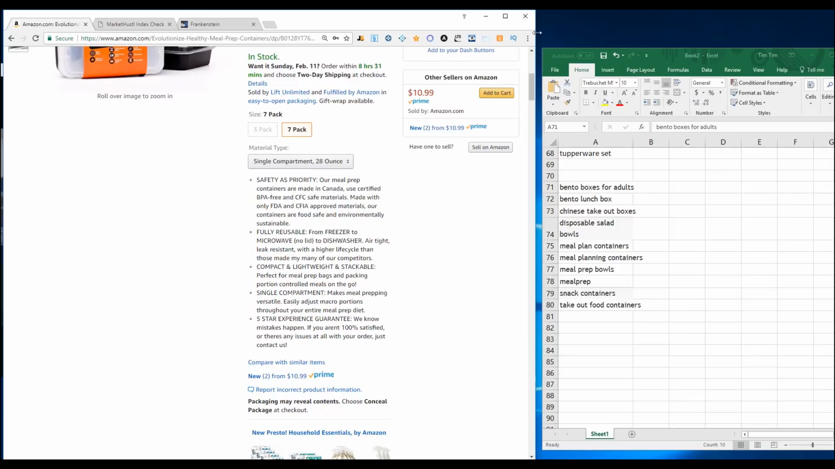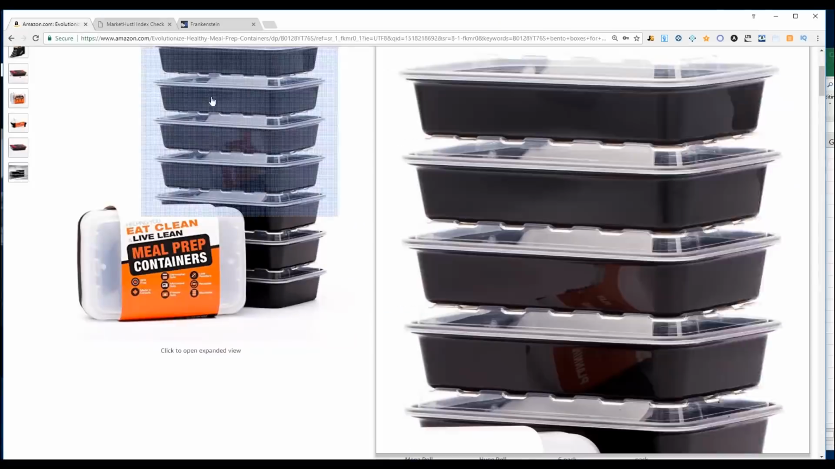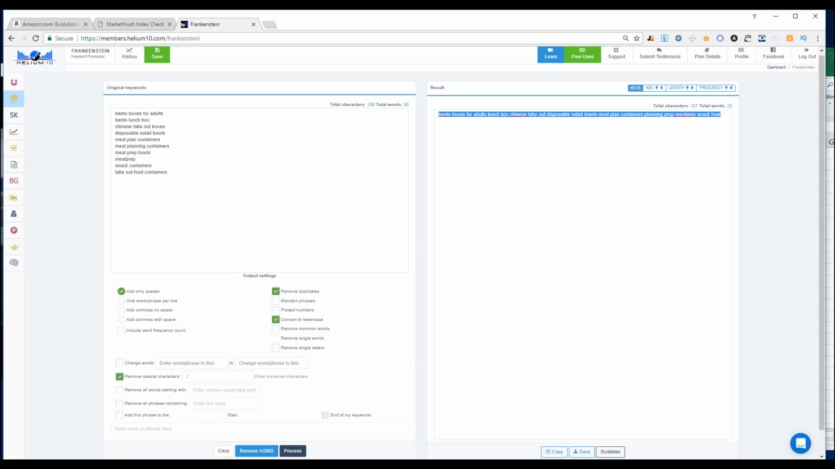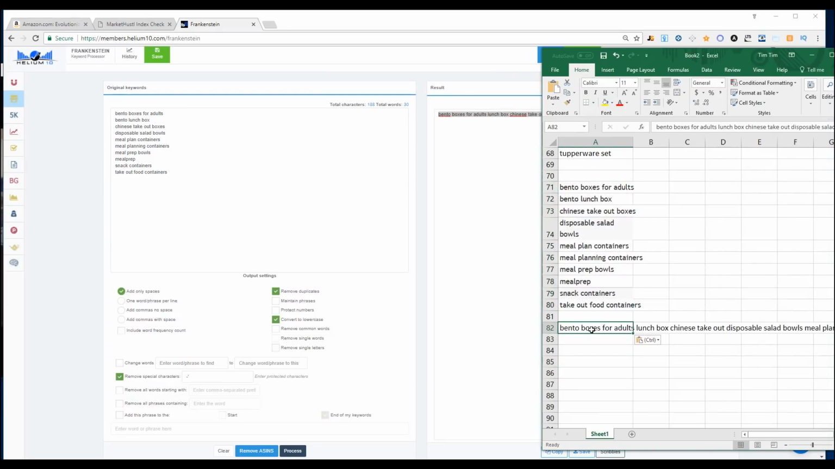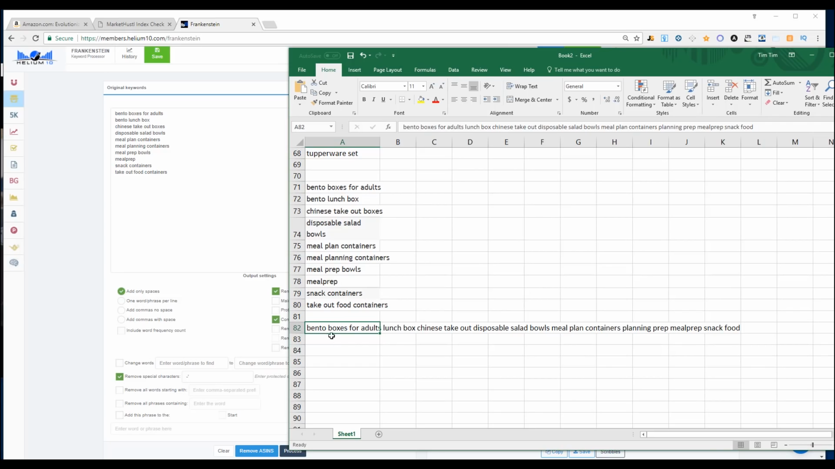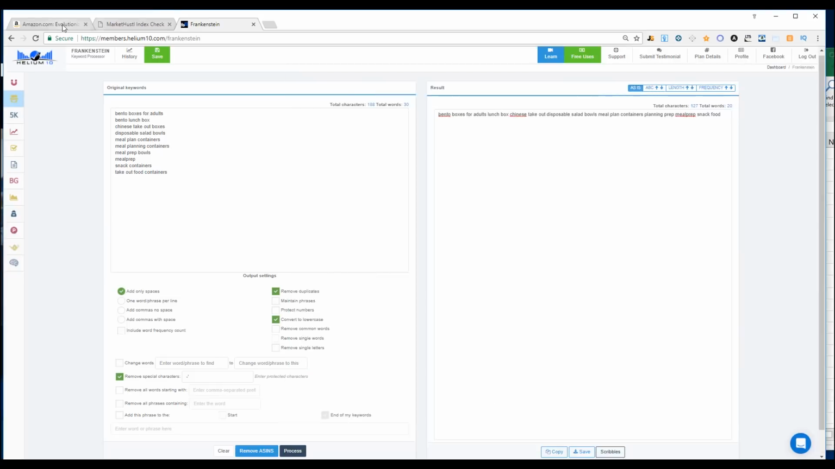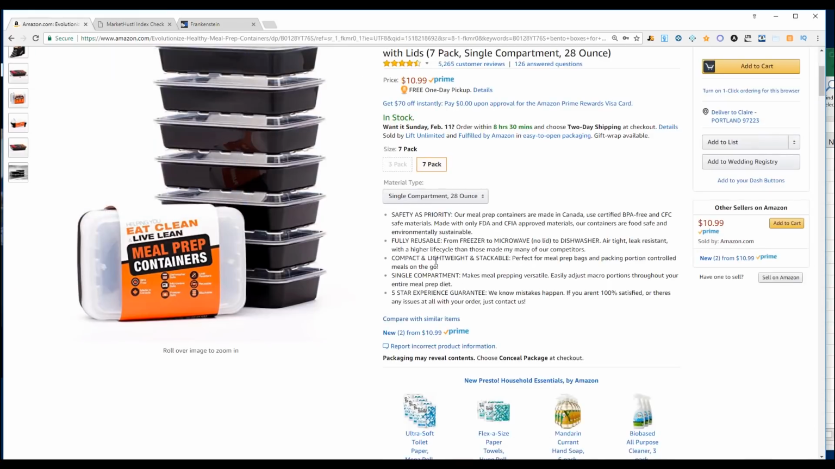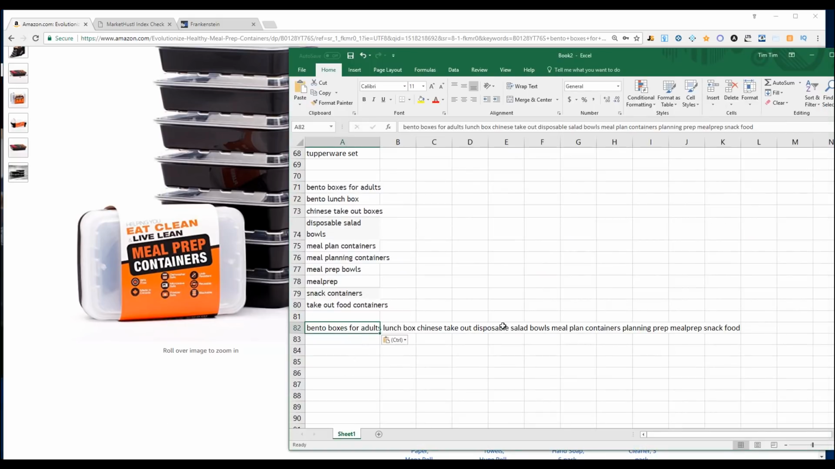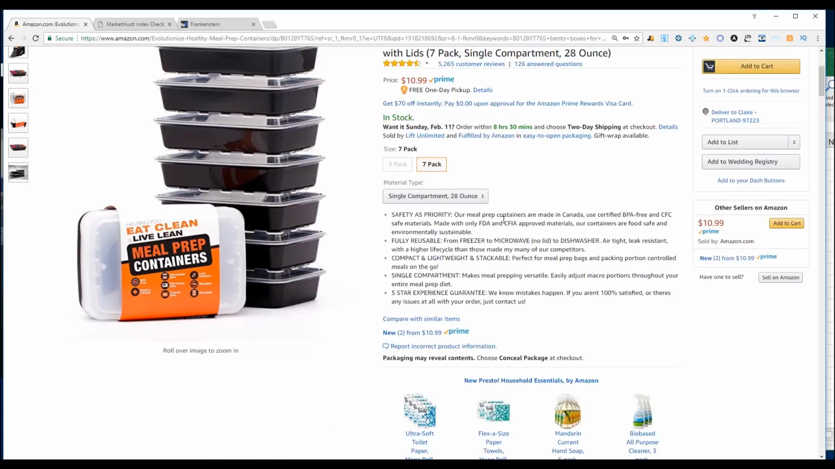We see here, this seller has pretty short bullets. He's not really maximizing all the characters that you can put in there. So he could easily add some of these keywords. Let's put these back in our Excel sheet so we can see them cleaner. Here they are. So bento boxes for adults, lunchbox, Chinese takeout, disposable salad bowls. So when we look here at his listing, it could be very simple for him to write compact and lightweight, stackable, disposable meal prep containers. And he could sprinkle those keywords that he is not indexing for into his listing, into his bullets, title, backend,